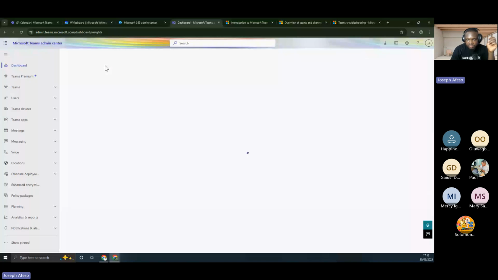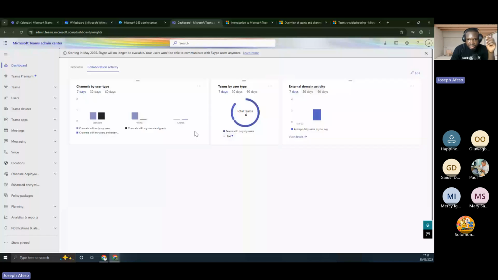Then collaboration activity in the tenant shows me what's happening at a glance. Channels by user, 7 days ago. Then you have channels with only my users, and if you do this, you can see there's none.